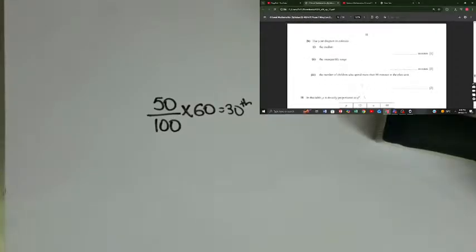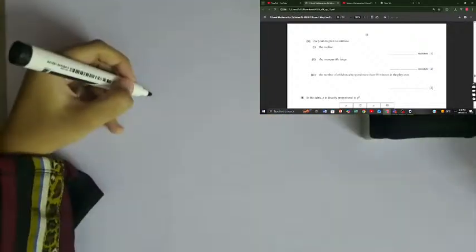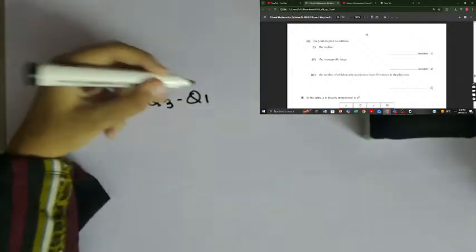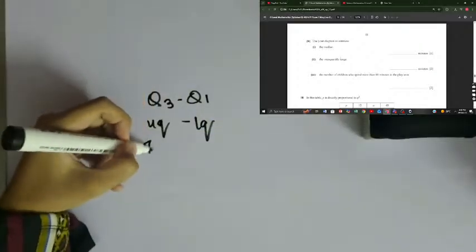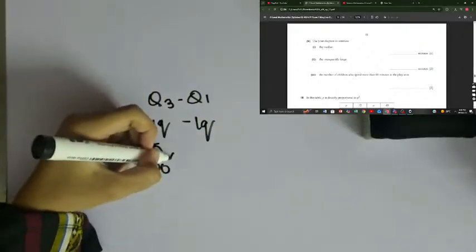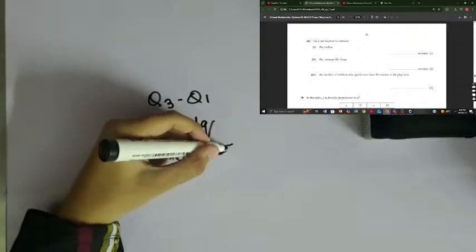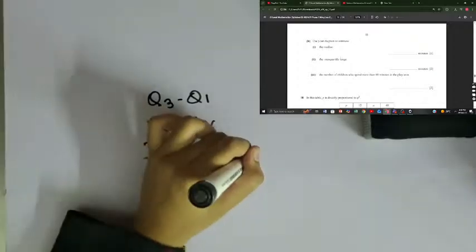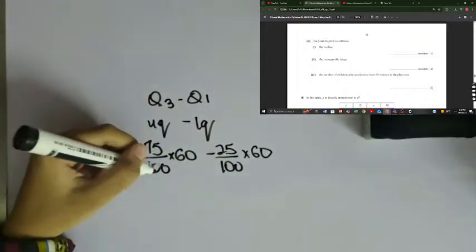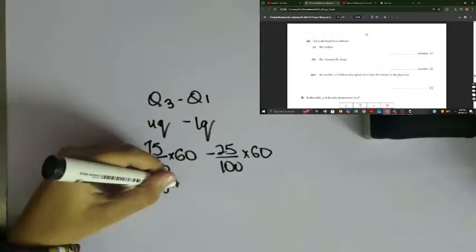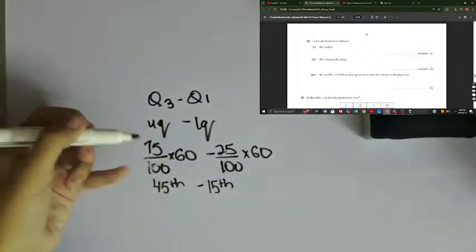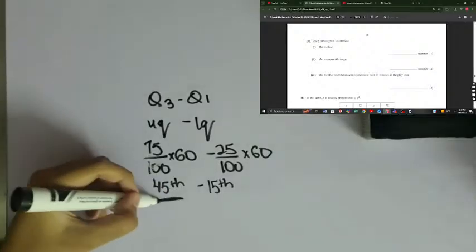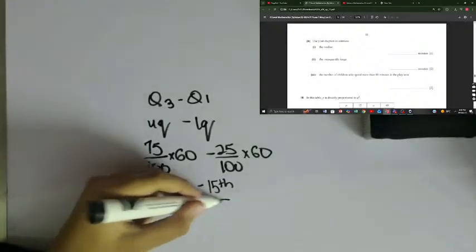Now the second question they're asking is for the interquartile range. The interquartile range basically means Q3 minus Q1, where Q3 is the upper quartile and Q1 is the lower quartile. The upper quartile is at 75% of your total frequency, minus 25%, which is your lower quartile. 75% would be 45, so the 45th value minus the 15th value. So be careful not to just subtract and say 30th value. We need to find out what the 45th value corresponds to, and what the 15th value corresponds to,